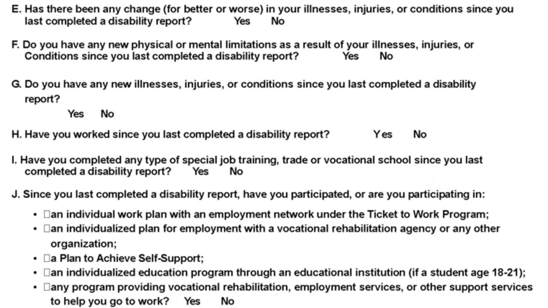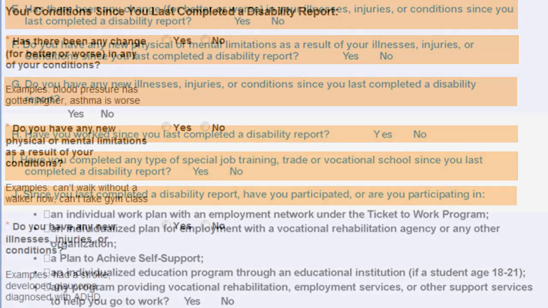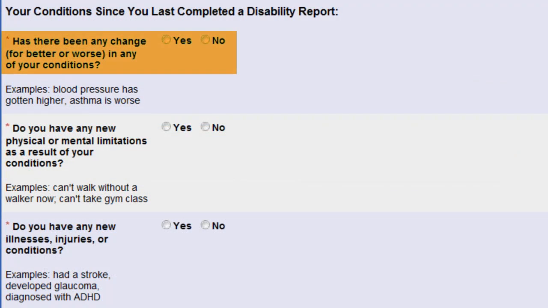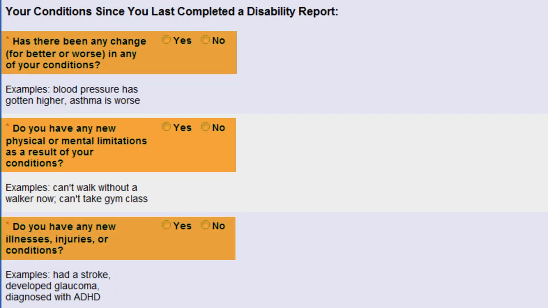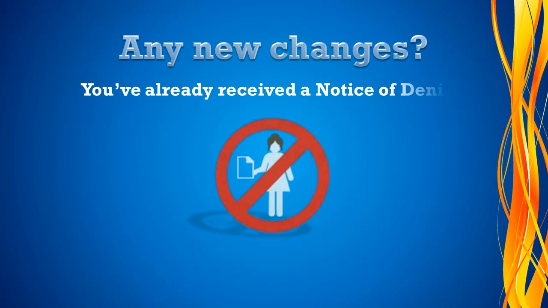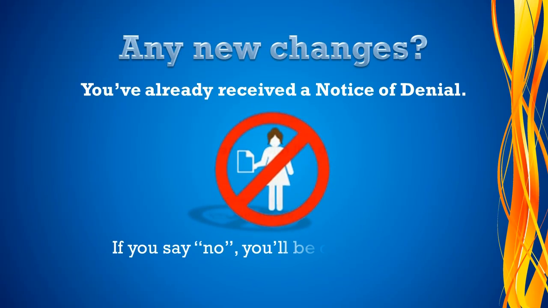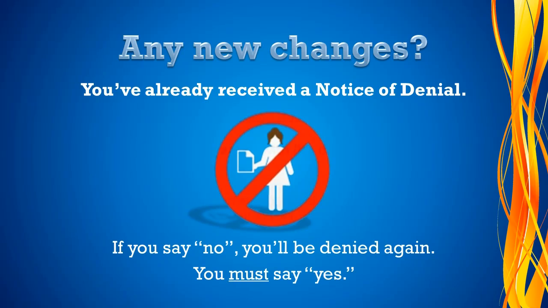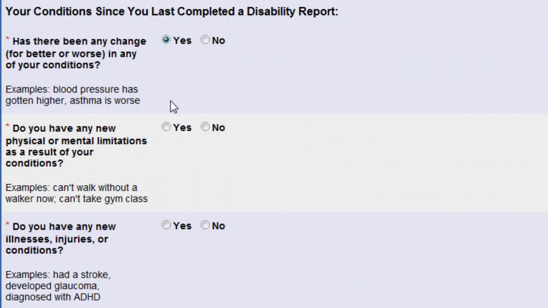The next page of the appeal contains questions E through J. The first 3 questions refer to any change, for better or worse, any new limitations, or any new conditions since you filed your claim. At this point, you've received the denial letter from Social Security, and if you answer these 3 questions with a no, Social Security will assume that your condition is the same as when they denied you initially, and will automatically deny you again. This is the last thing you want to happen. You deserve the right to let them know how difficult your life has become, how each day is a struggle. The answer to question E and F should be yes, even if you're only restating what you've already said about